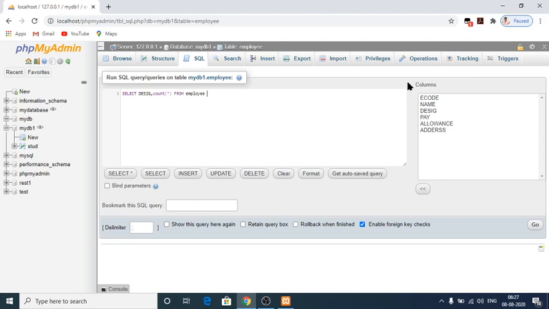and here I have to use having DESIG is equal to, within the single quotes, supervisor, comma, operator.